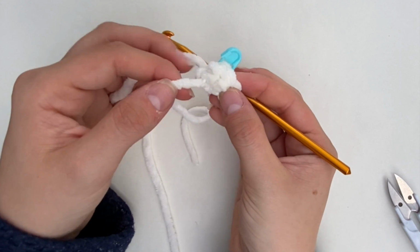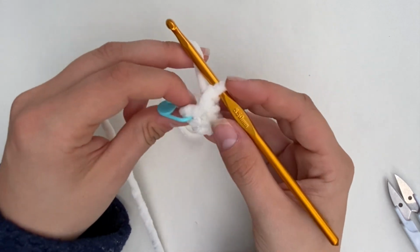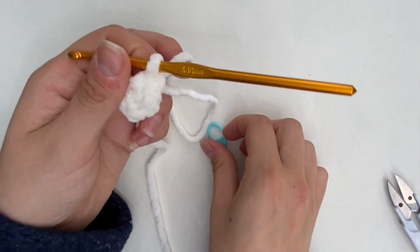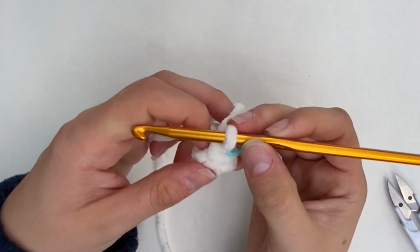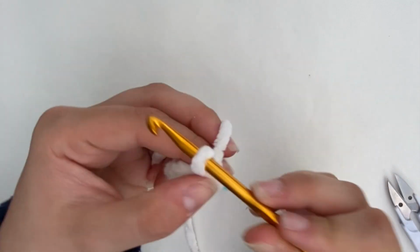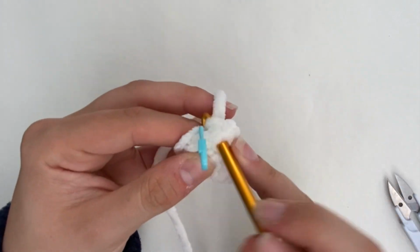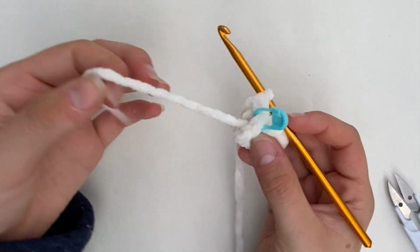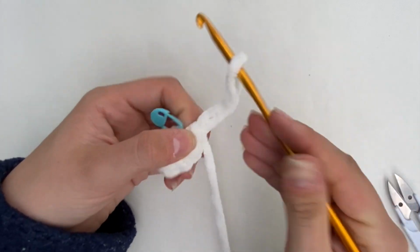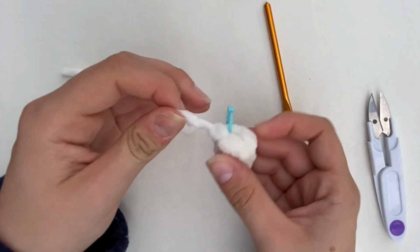On this, it's more than likely that the back, so the part with the tail, is on the wrong side. So you just need to push it through to turn it over, and then you can carry on crocheting. You can then push the yarn into the centre of the tusk. And you don't need quite so much yarn now when you cut it off. Put it through, and then